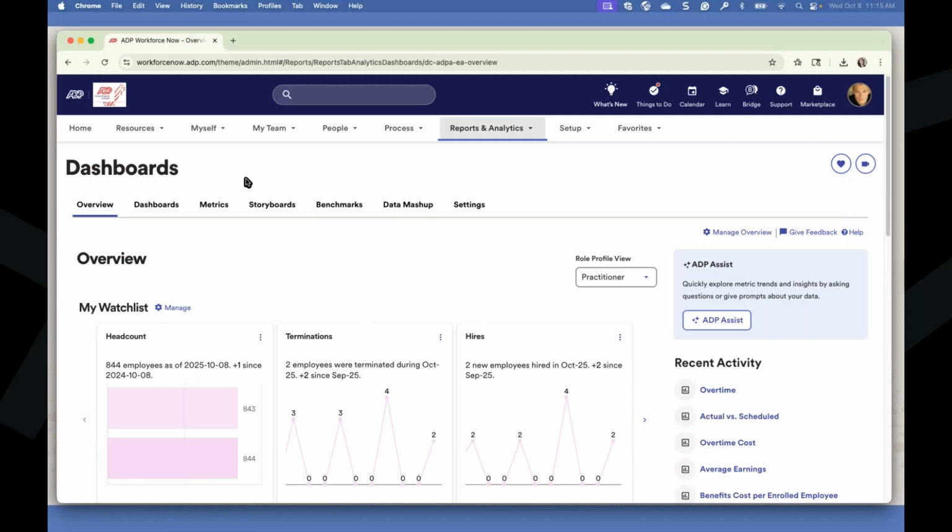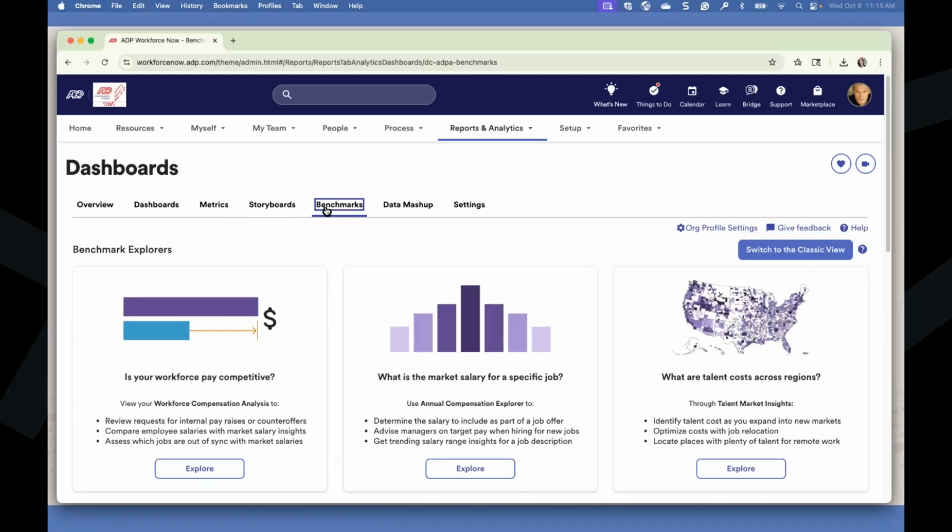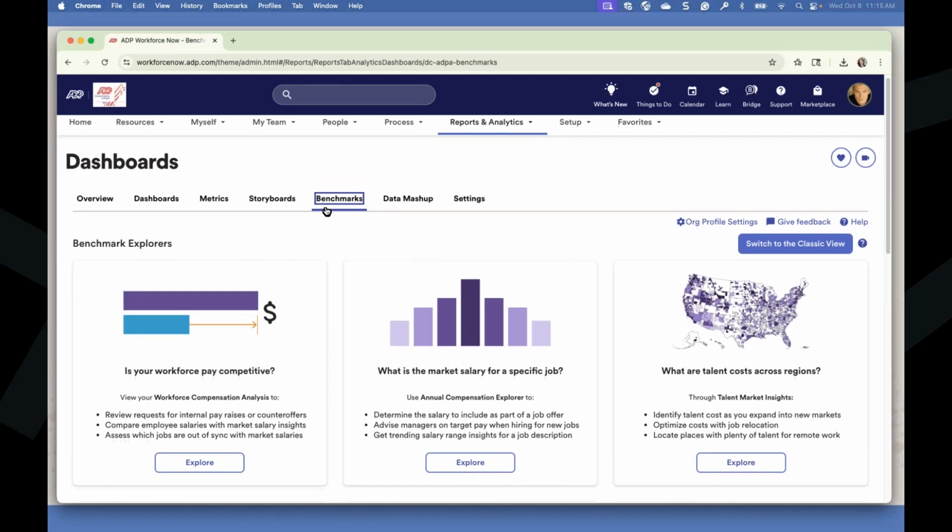So now not only are you looking at your own internal data from payroll to time to benefits, but you're able to take a look at that and also benchmark yourself against other organizations similar to yours in many different avenues: similar in industry, in revenue size, in the type of pay that you're trying to do. Is it an hourly or a salaried employee?